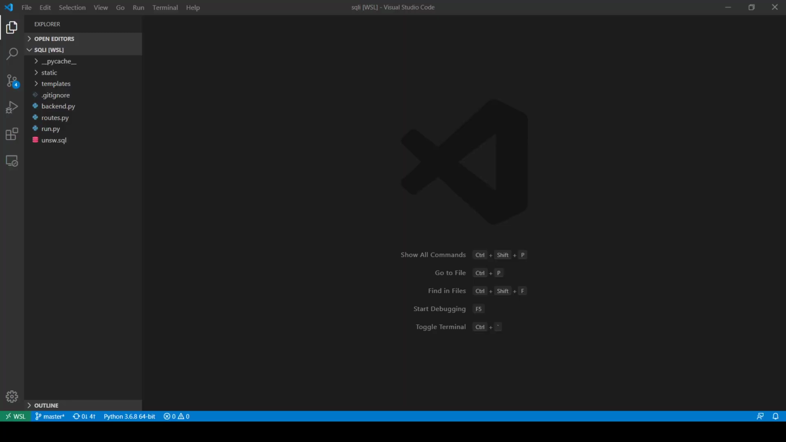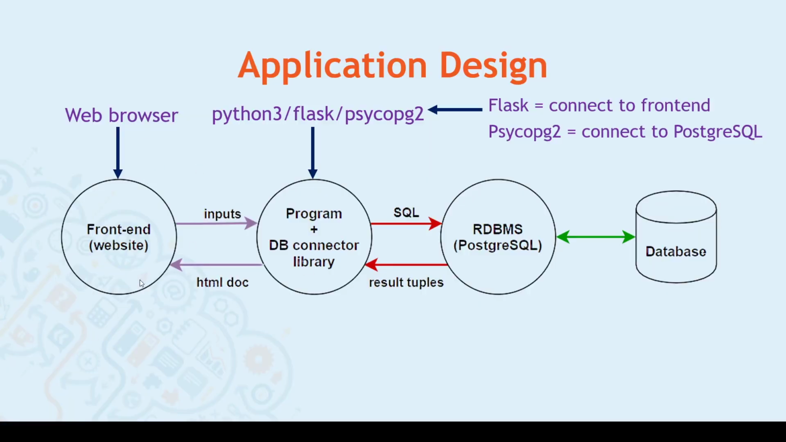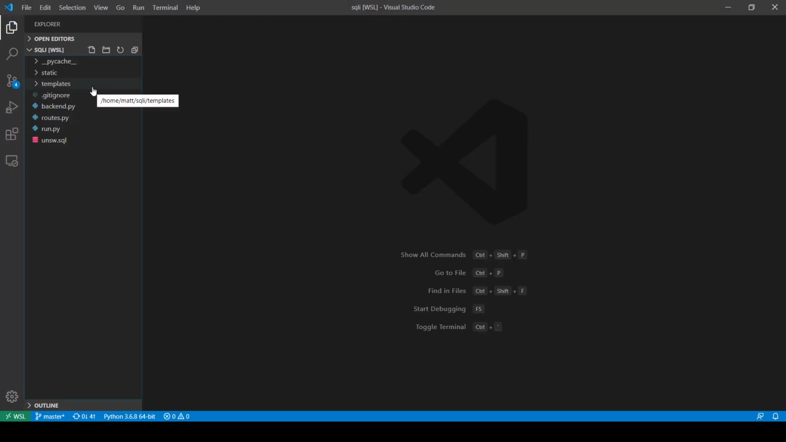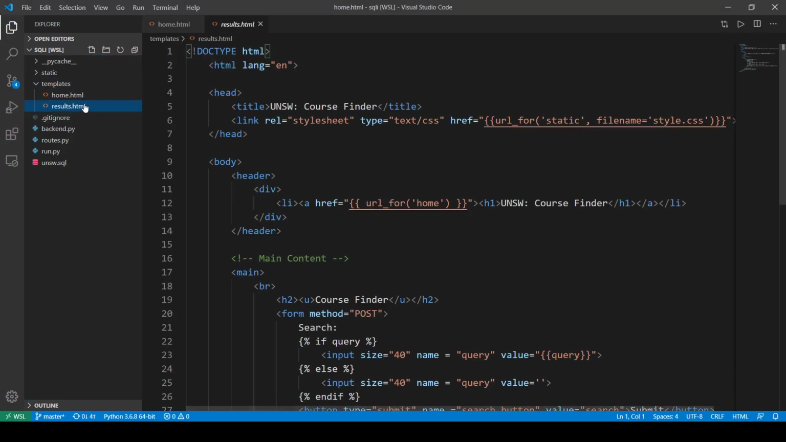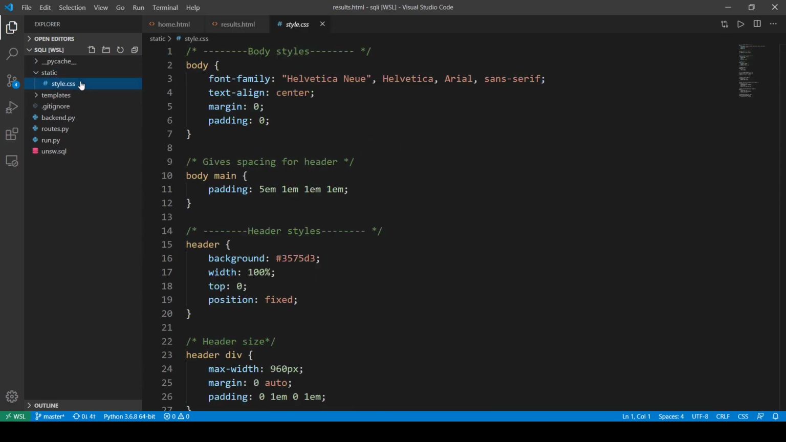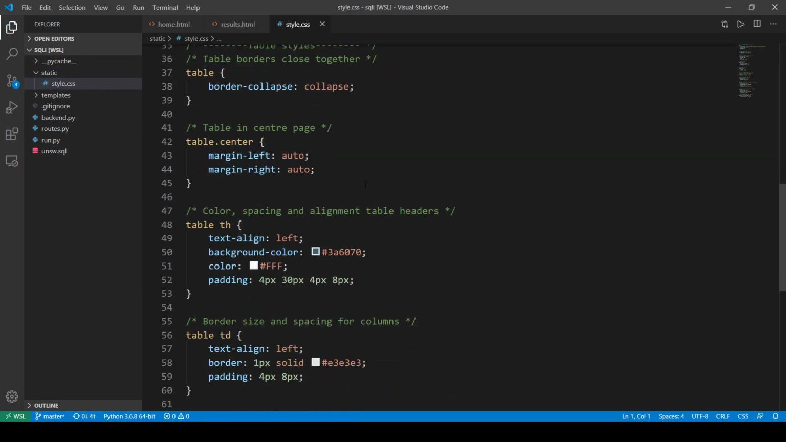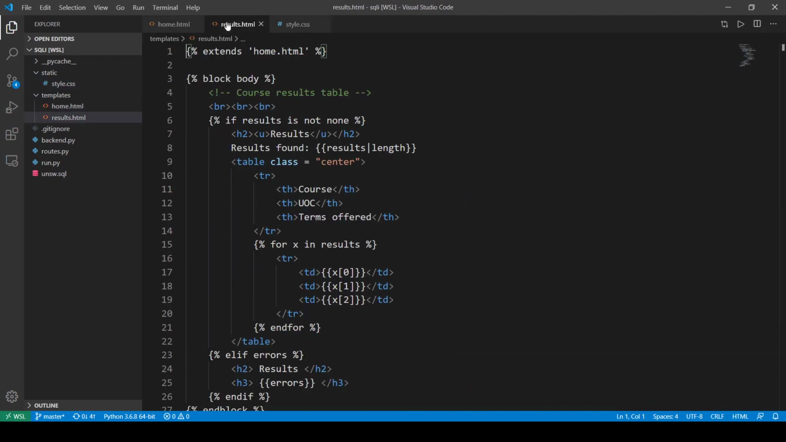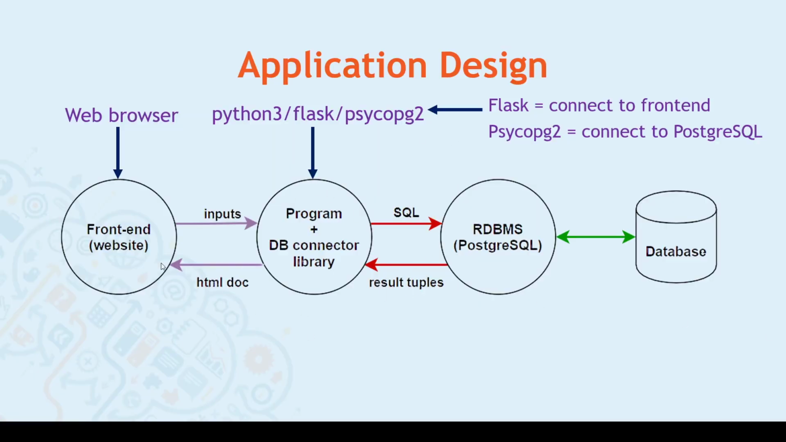So if we go back to our presentation, you see that this part is my web browser. My web browser was Chrome, and the way I presented my HTML documents was through the use of HTML templates, as well as CSS files for styling. So this here was how my HTML documents were prepared. If we go back to the presentation, we also have the middle layer, which was my Python code, connected to Flask and PsychoPG2. So if I look into my repo,